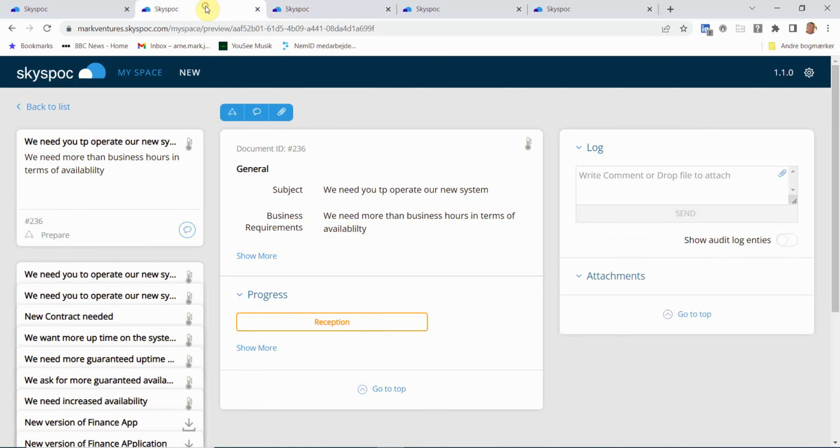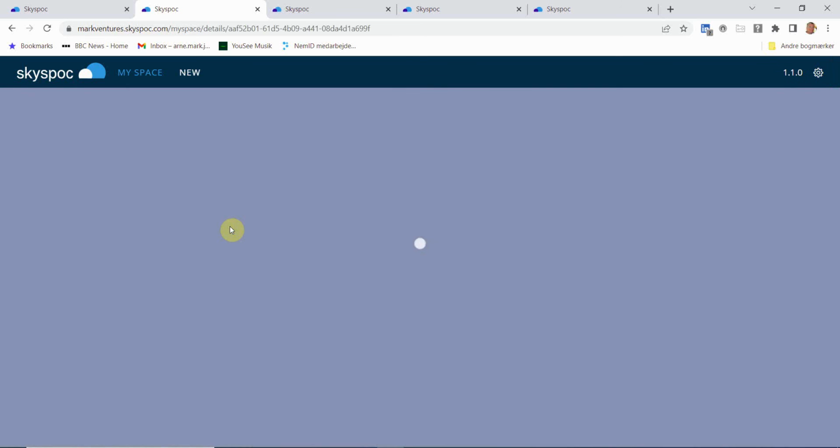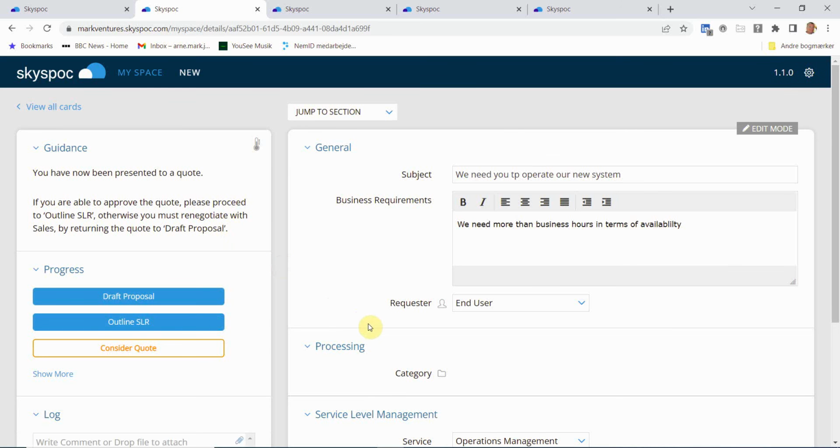So let's jump over to the client role, who will look at his or her space, and here it is. We need you to operate our new system as it was requested initially from the requester or the client. So let's jump into this form. And now there are two possibilities or a choice. If the client is happy with the quote, he or she may just press outline service level requirements, indicating that we can proceed with the negotiations. And if the client was not happy with the quote, he or she may ask the sales department to draft the proposal once more. But let's just say that the client is happy,